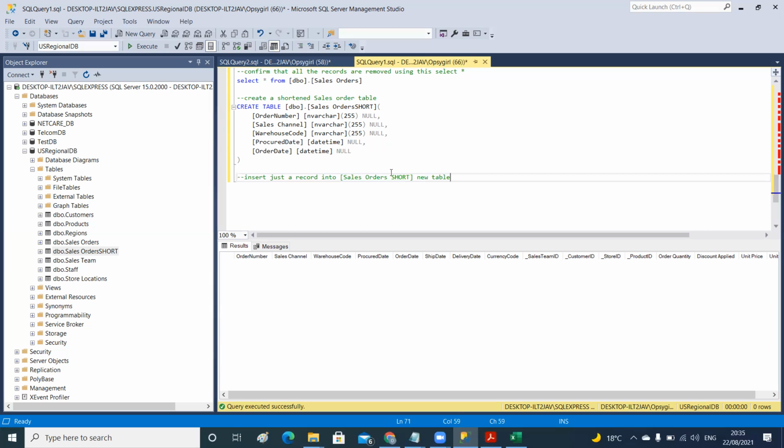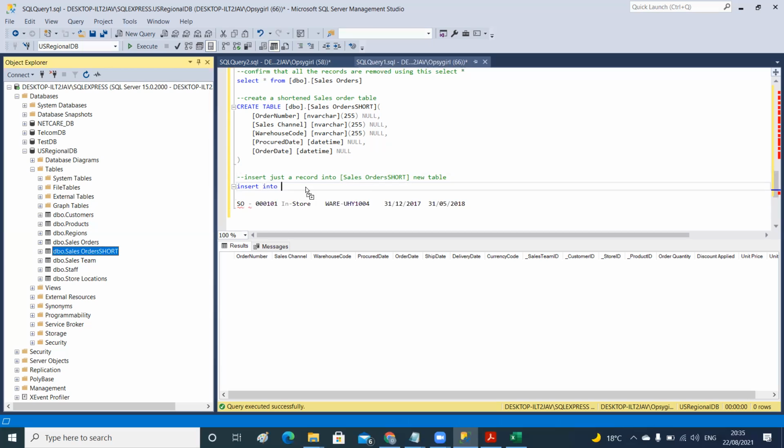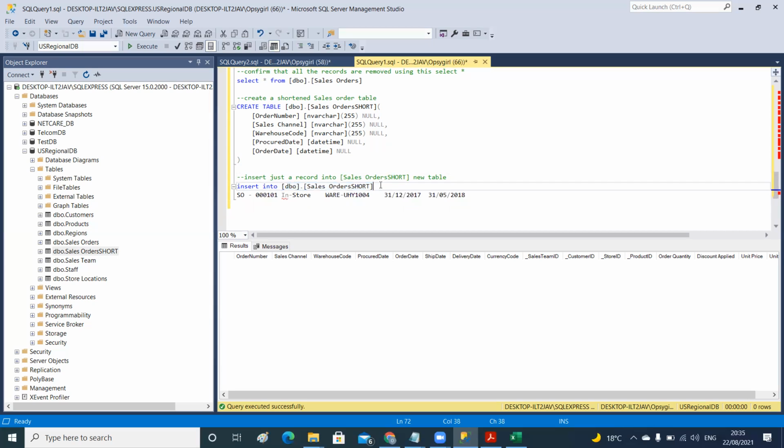Remember this new table we created. So assuming I'm inserting just a record, I copied this value so that I'll know. I'll do insert into the table name. I may not choose to specify the column because I'm giving values for all the table. So I'll say this,